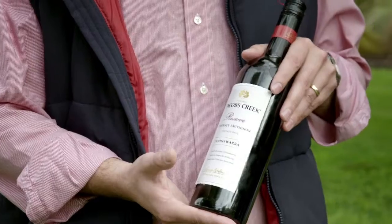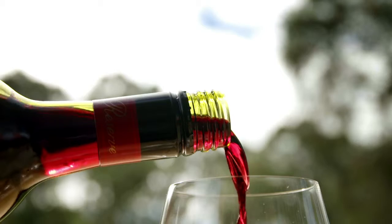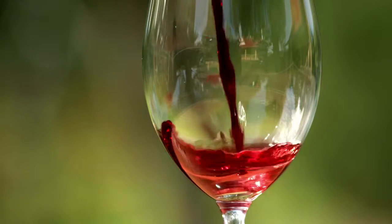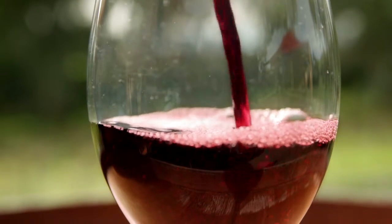The wine that we'll be trying to match today is our Jacobs Creek Reserve Cabernet Sauvignon. The fruit is harvested in Coonawarra and delivered to our winery where it's fermented and matured. The wine is known for its crisp, clean fruit flavours. So we've got some red currant, blackberry and cassis flavours coming through. It's also got a really nice choc mint flavour that runs through the finish, so keep that in mind when